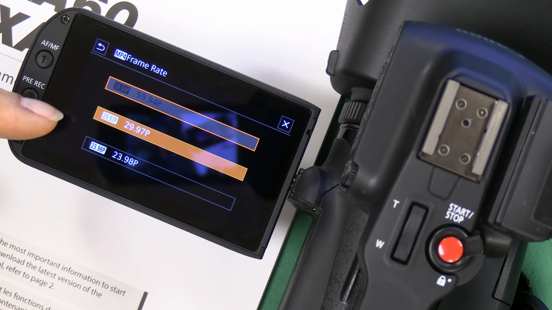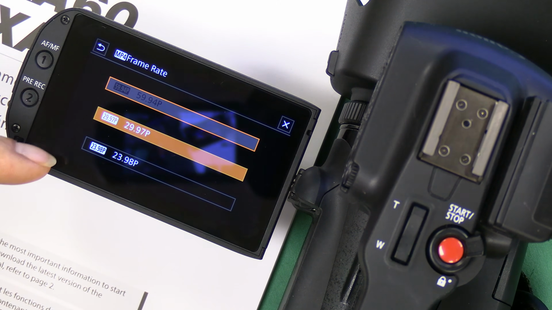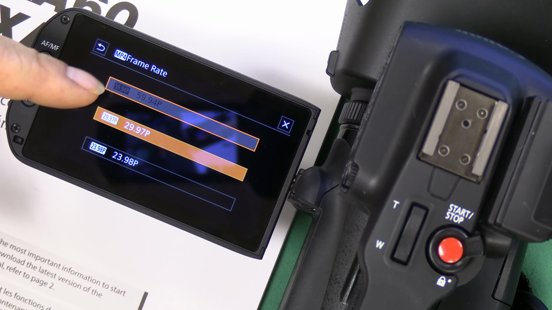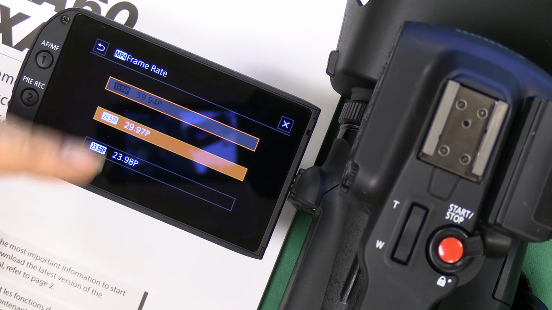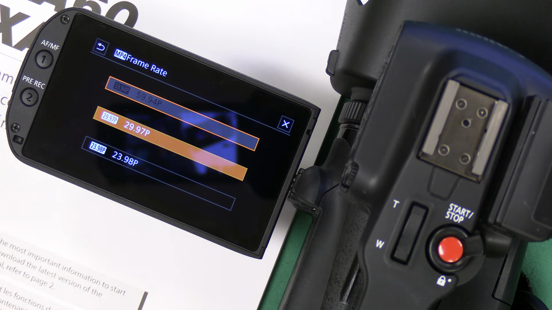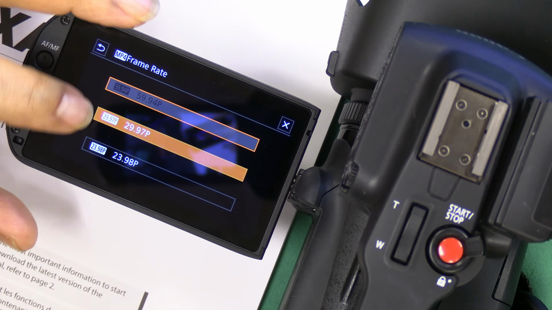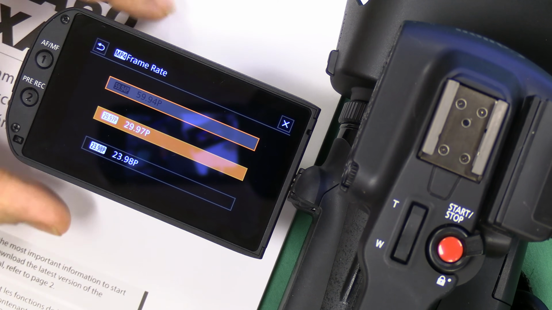Notice that the 60 frames per second is grayed out, and there's a reason for that. This camera can only do 59, or what we would call 60, where we round up. There's a reason for these numbers with decimals we'll talk about later. But we round up. So this is at 30 frames per second, which is what we typically see on media,